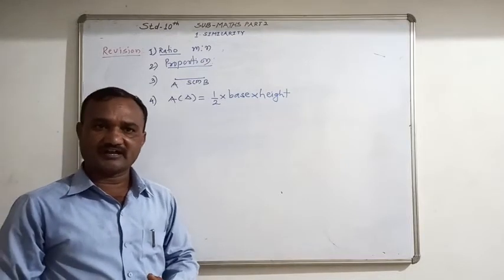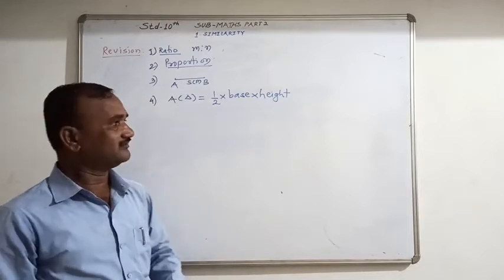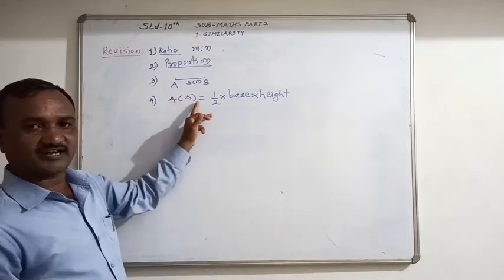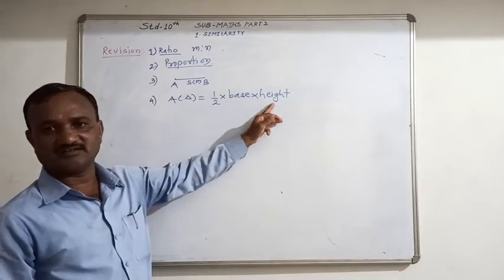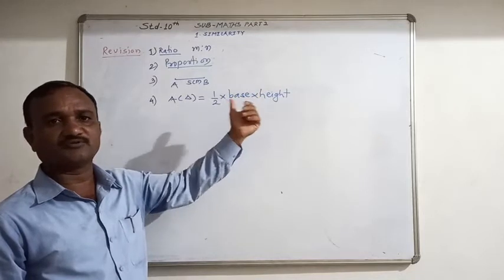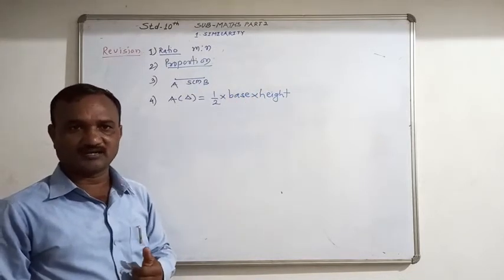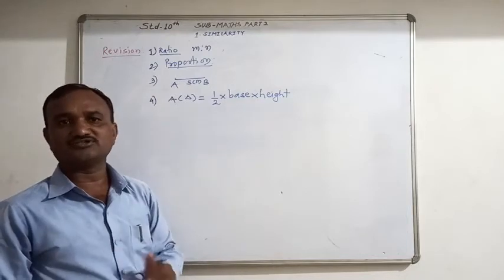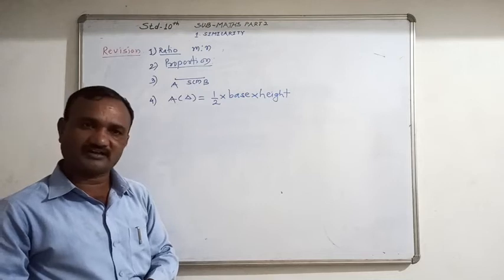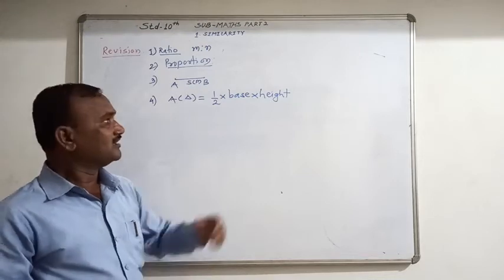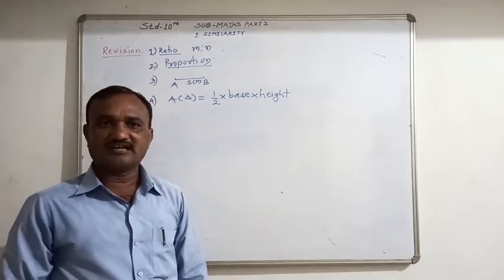So how do we find the area of a triangle? You know various formulae. One of the formulae is: area of a triangle is equal to 1 upon 2 into base into height, which we have to use various times. The second formula you also know, Hero's formula. If base and height are not given but the lengths of three sides are given, then how to find the area of a triangle? That is Hero's formula. Today we have to learn similarity of triangles.